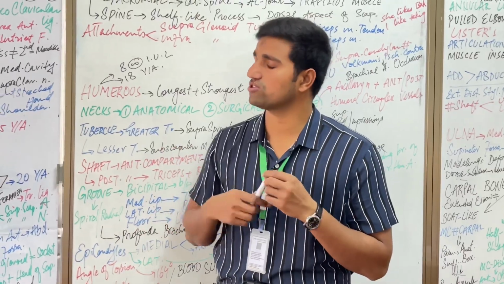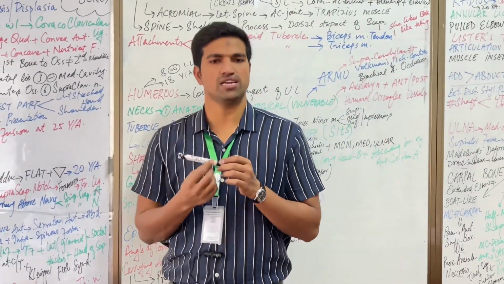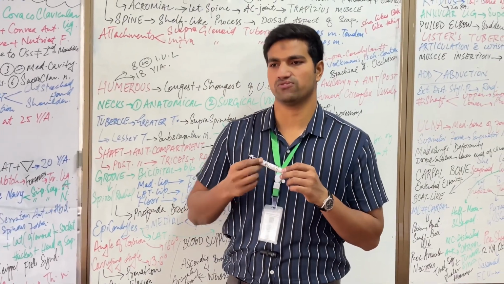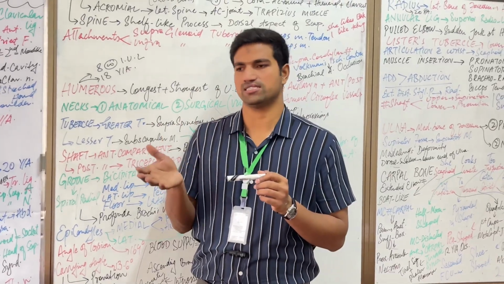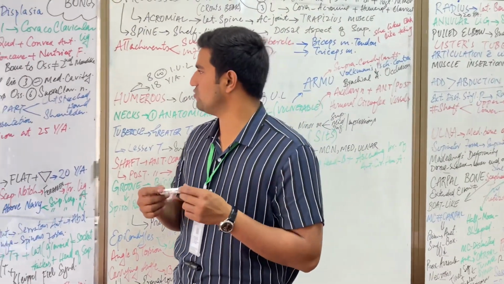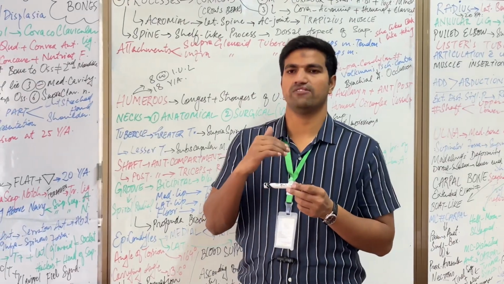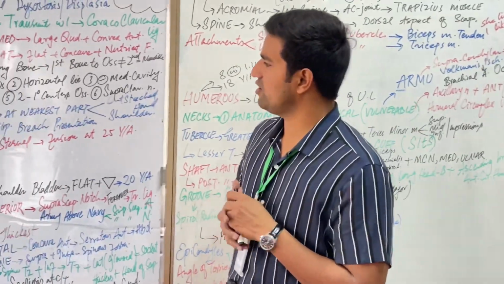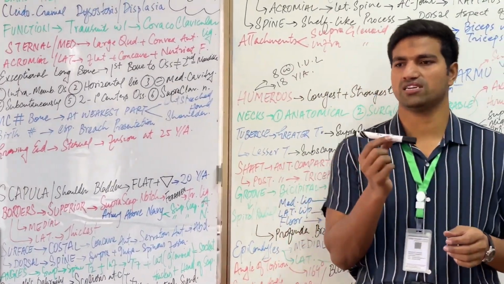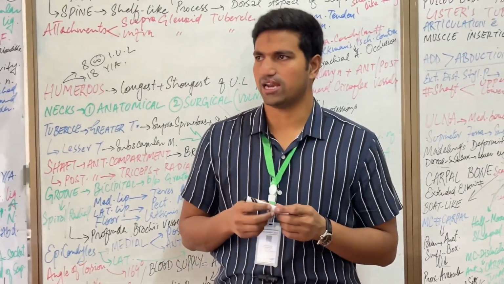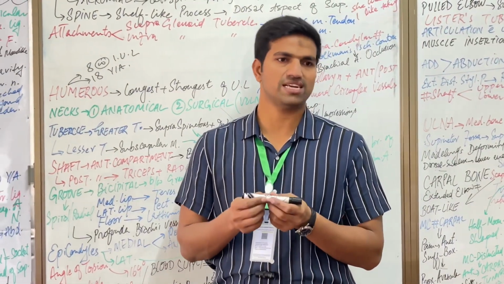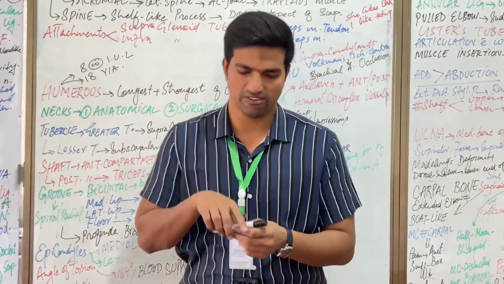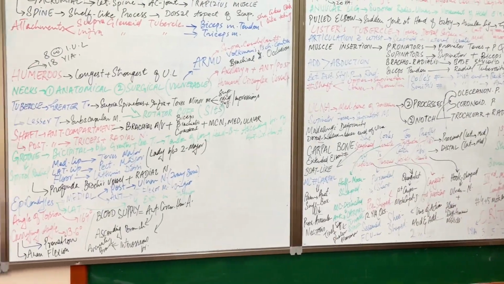Fourth exception is that it is present subcutaneously, and the fifth is that this is the only long bone which has two primary centers of ossification, one at the medial side and one at the lateral side, at the diaphysis of the bone. Then one nerve called the supraclavicular nerve pierces the clavicle. This is the most commonly fractured bone of the body, and fracture happens at the weakest point, the junction between the medial 2/3 and lateral 1/3 of the clavicle. If I can show you over here, we have talked about.